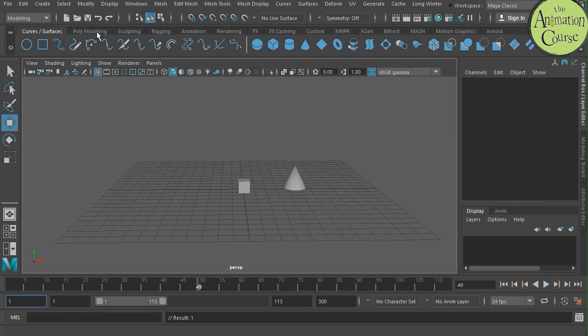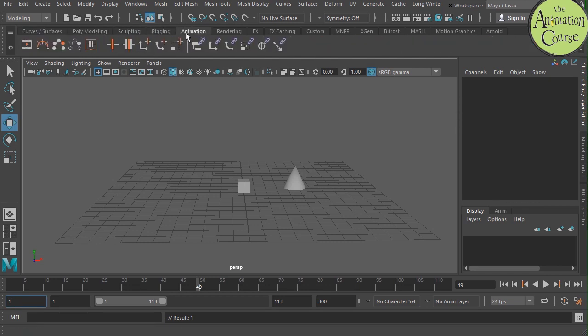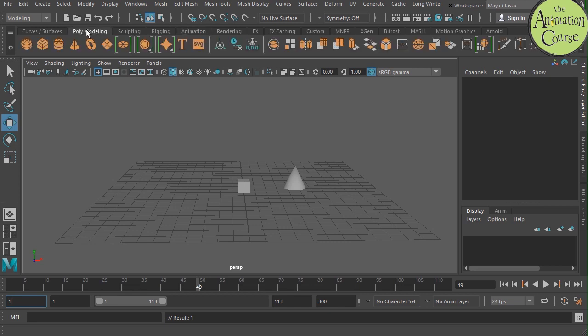Now you'll also see there's a number of different shelves, and they have all sorts of different buttons. We're not going to use these a ton, but it's good to know about them. As we get moving more in the future, there will be more reason to use some of the controls on these shelves. On the left here, you're going to see